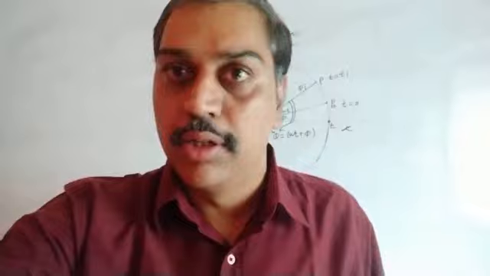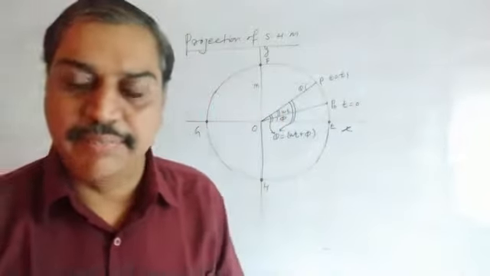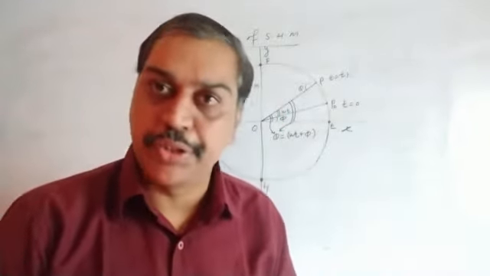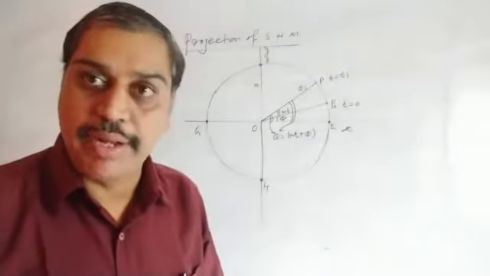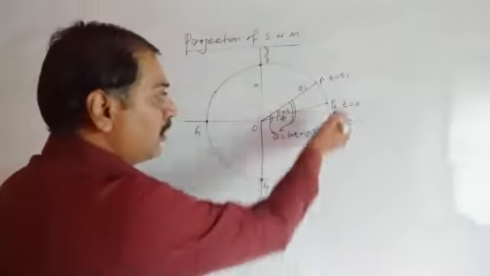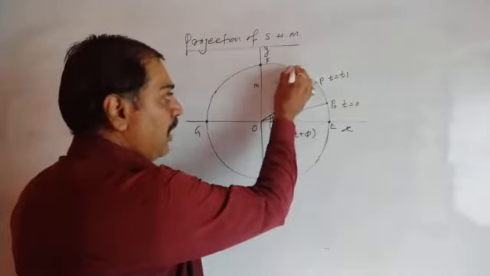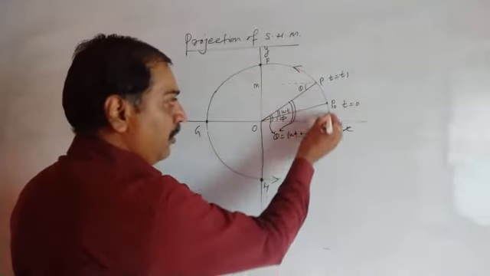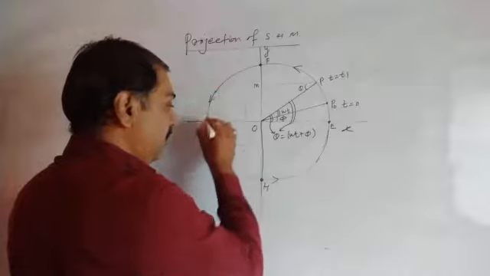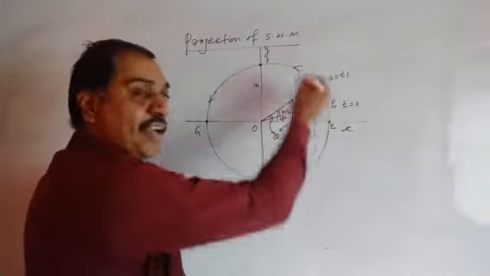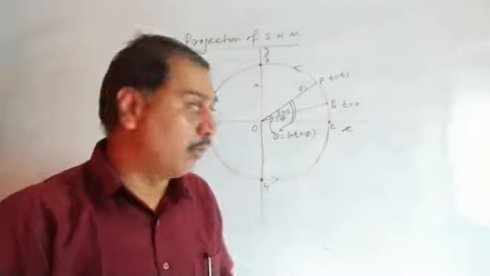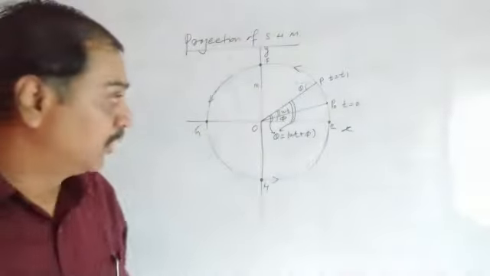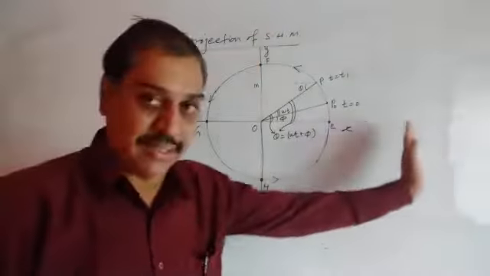Let's go further. Projection of SHM. So let's see from the same topic, what is my projection of SHM? So see, suppose on this circle, the particle is performing uniform circular motion along the circumference in the anti-clockwise direction. It starts here, goes up, again comes here, again down, up. This is the anti-clockwise direction. You can take clockwise also, it doesn't matter, but according to the book we will go anti-clockwise. This is the y-axis, this is the x-axis.